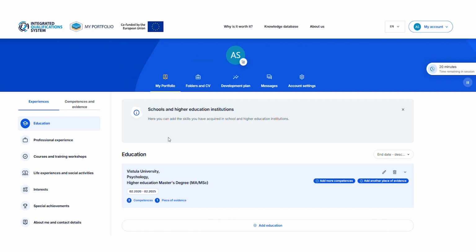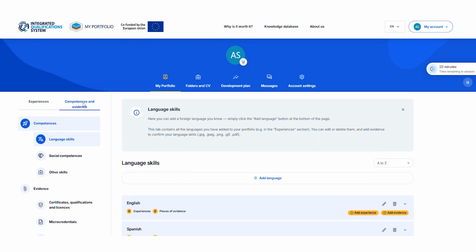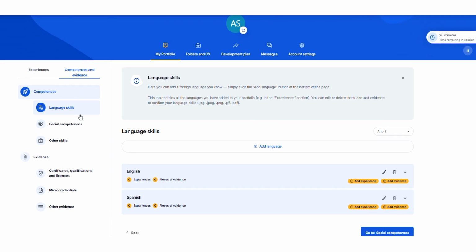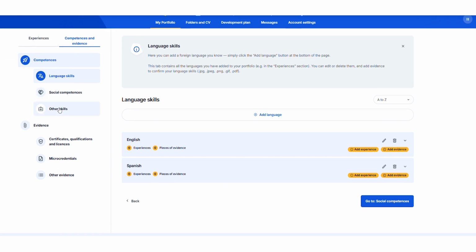Another important section is the tab Competencies and Evidence. Here, you can highlight your language skills, showcase social competencies, or add additional skills and connect them to your experience.